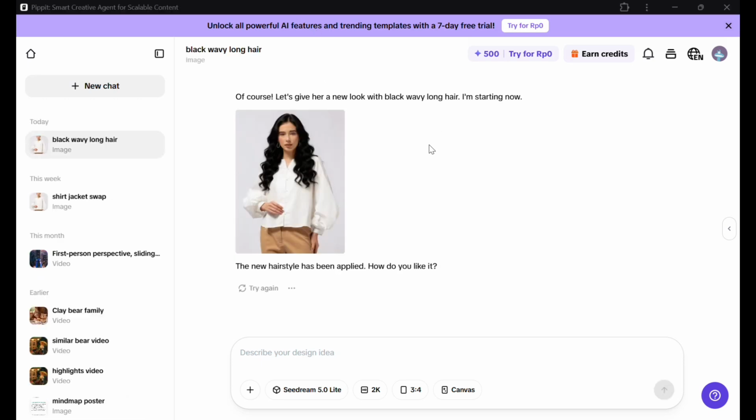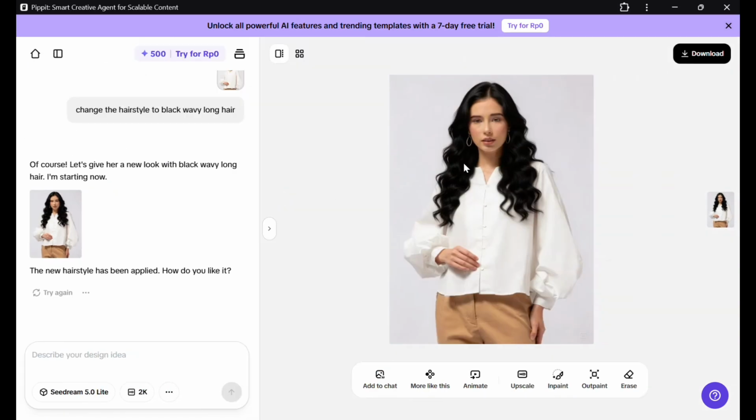And okay, like this, we'll get the results like this, and I think the result looks so good, it looks so natural, it looks like real hair like this, and doesn't look like AI results. And okay, that's it. You can just try it